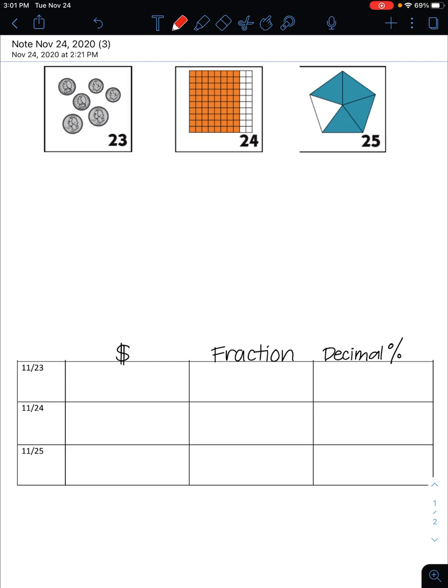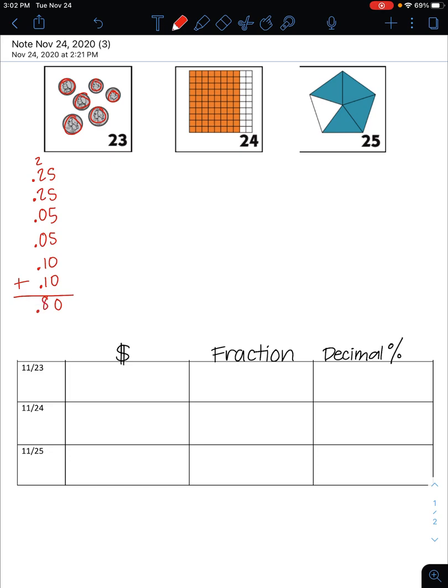I noticed that there are a lot of coins in this picture. I noticed that there are 2 quarters. Each of those is worth 25 cents. Remember the decimal. There are 2 nickels, each worth 5 cents, and 2 dimes, each worth 10 cents. When I add all of these together, I get